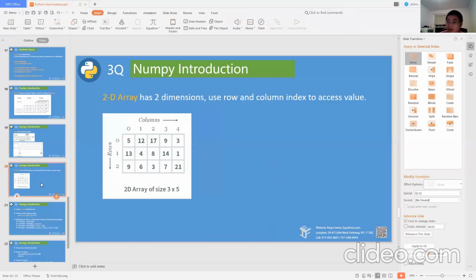Now let's take a look at the 2D array. A 2D array has 2 dimensions, column and row. You use the row and column index to access a value. What does it mean?